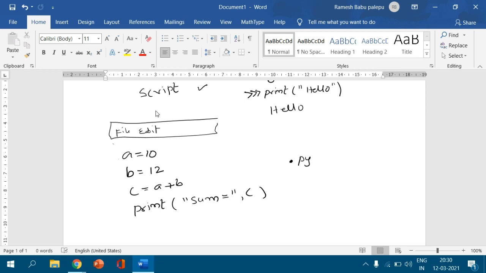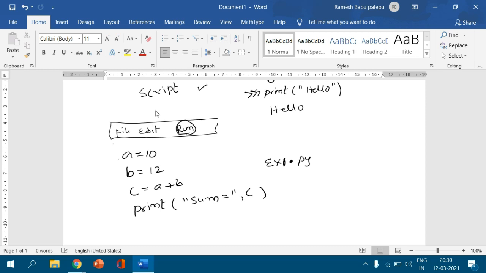That means we are going to give a name to the program. That is, this is my first example. Suppose I give the name of the program ex1.py, and then in the run menu above, a run option is also there. I run this program by clicking on this one. We are able to run the script or program.